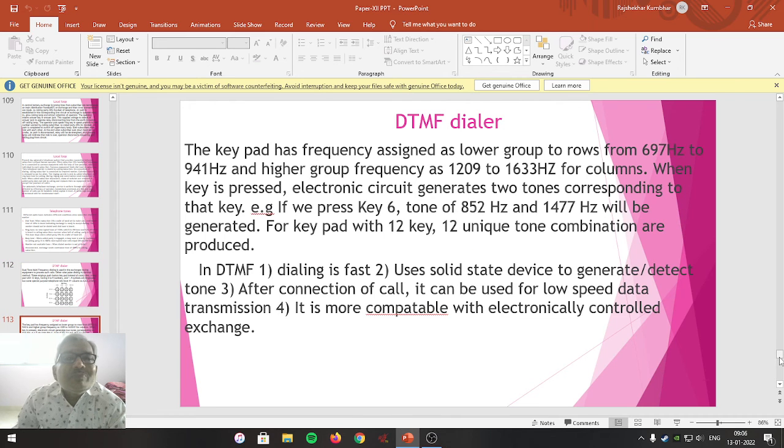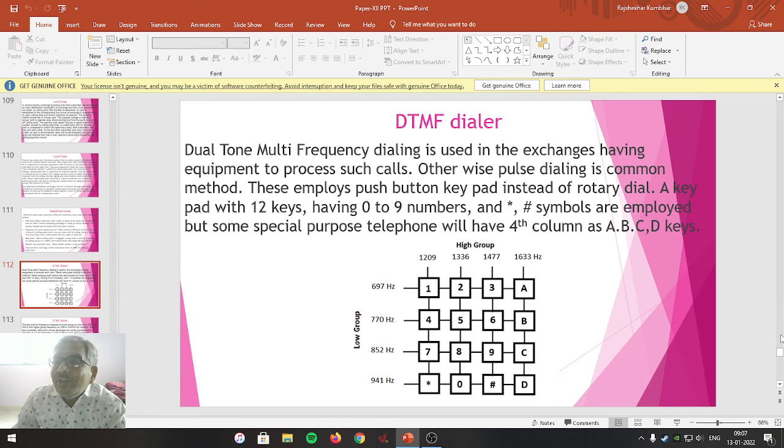Student friends, the keypad has frequency assigned as a lower group to rows from 697 Hz to 941 Hz and higher group frequency as 1209 Hz to 1633 Hz for columns. So which we have represented here.